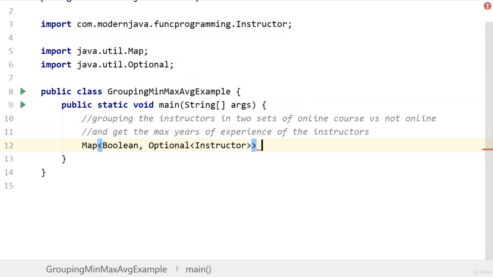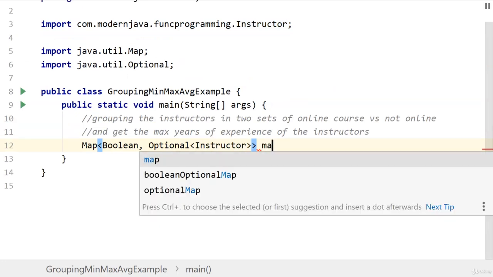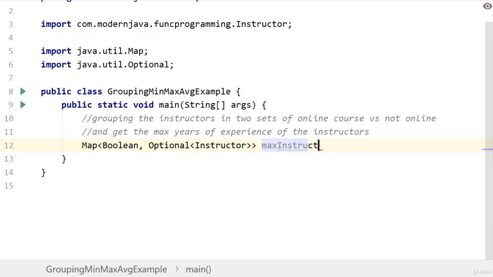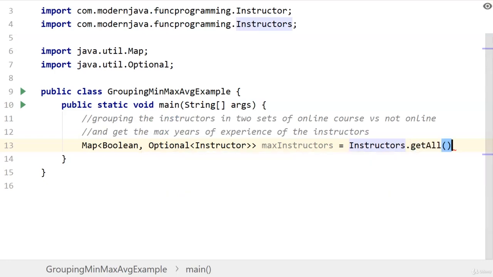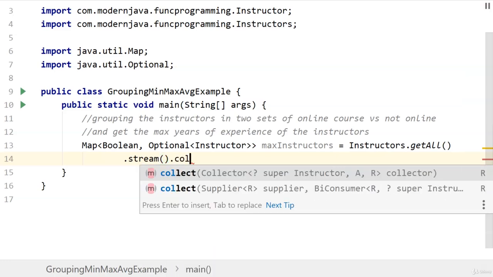And max instructor. So the first example is with max is equal to instructors dot get all and dot stream dot collect,